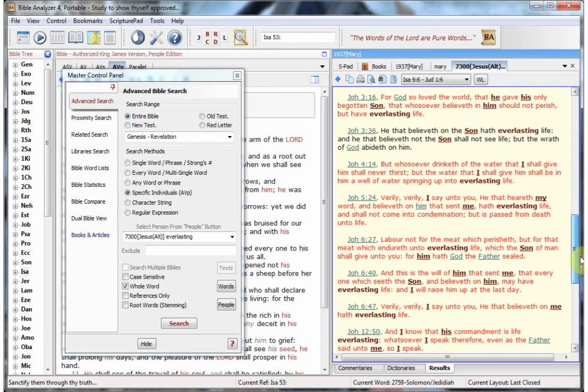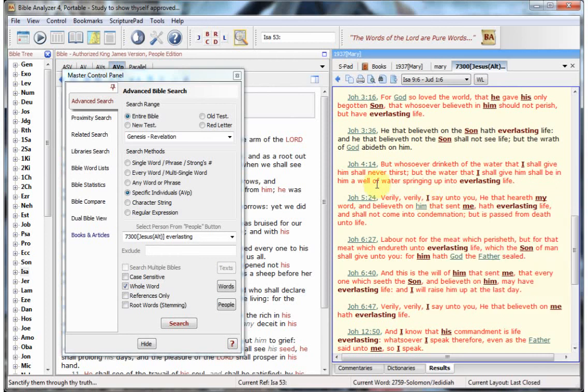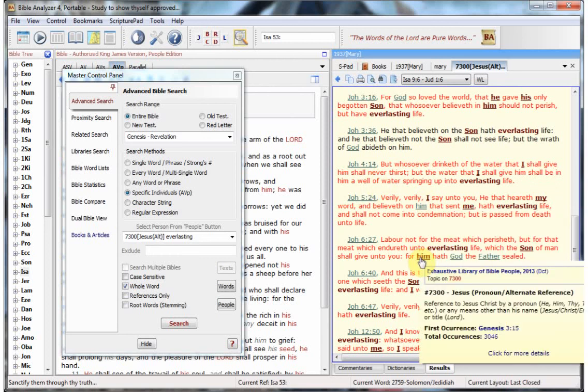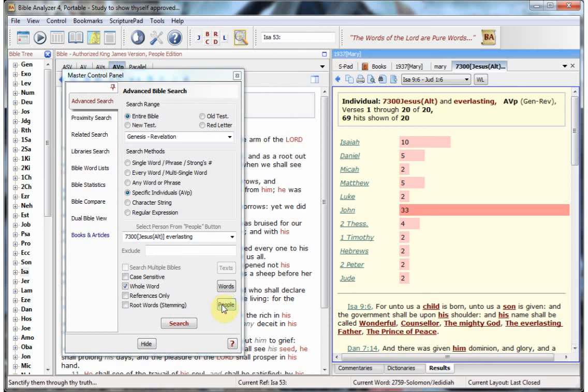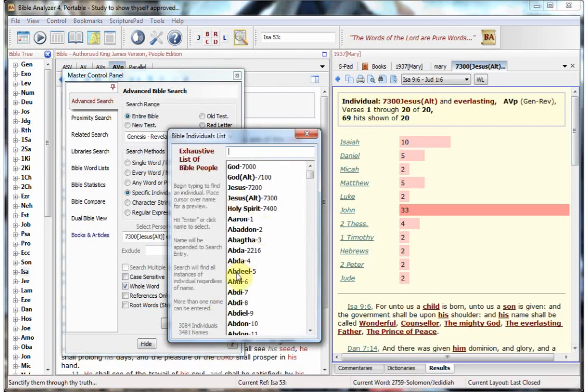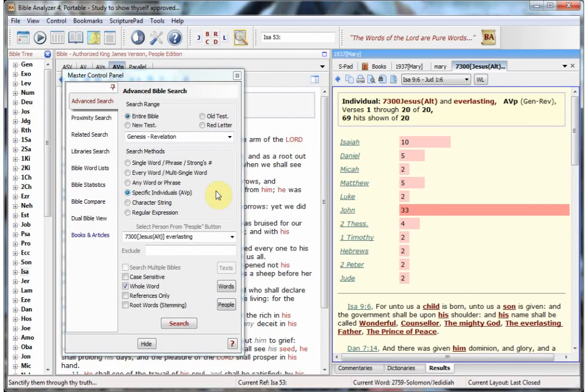Notice here, you have the eyes. Who's the eye? The eye is Jesus Christ. The him. Who's the him? The him is Jesus Christ. There are massive amounts of different ways a person can search using these methods, using these alternate people IDs and putting them together and coming up with search methods to reveal things that previously were not easy to find. But this is just a short demonstration of the new